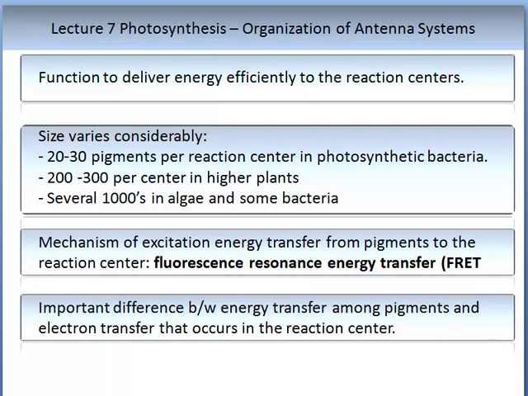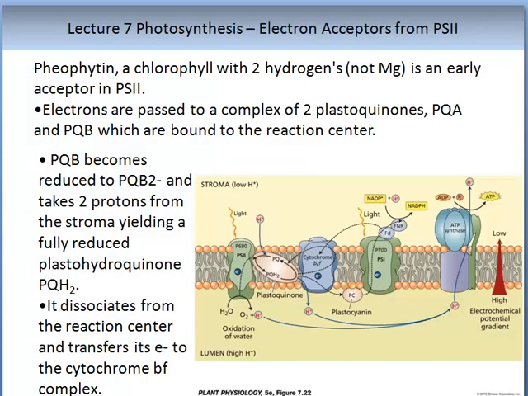Important differences between energy transfer among pigments and electron transfer that occurs in the reaction center. Pheophytin is a chlorophyll with 2 hydrogens and no magnesium, and it is an early acceptor of electrons in photosystem 2. Electrons from photosystem 2 are passed to a complex of 2 plastoquinones, PQA and PQB, which are bound to